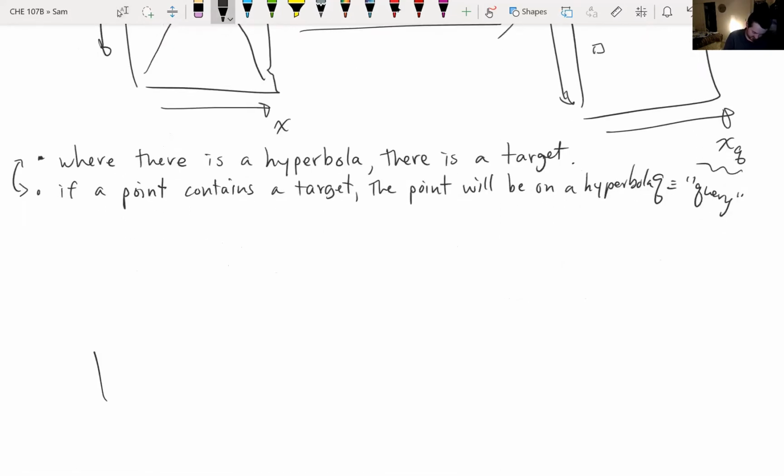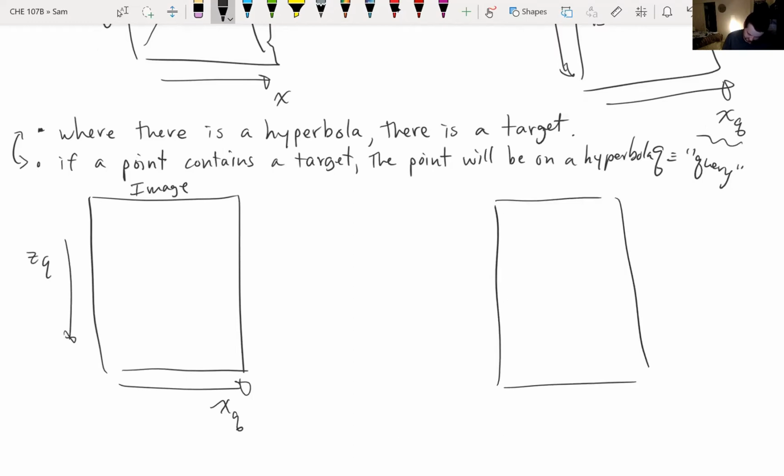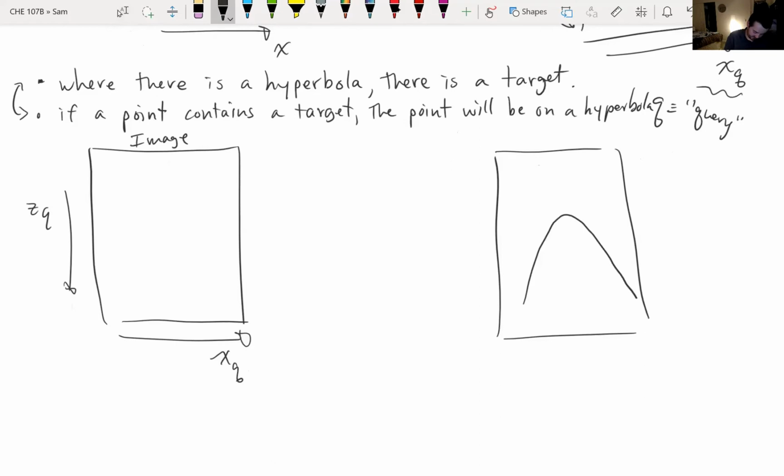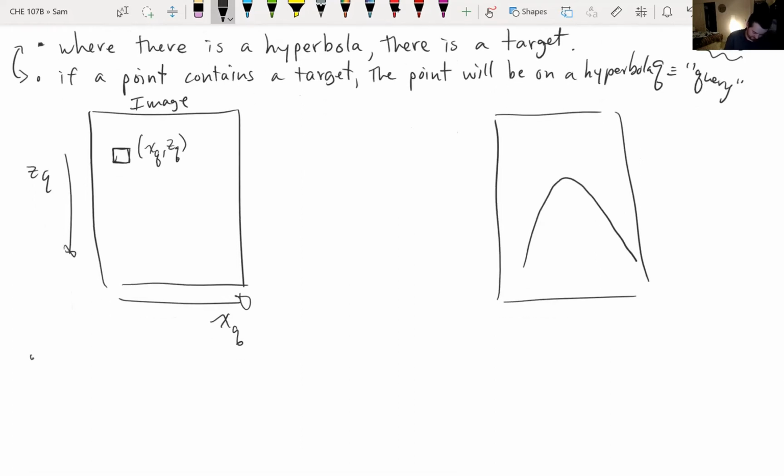So let me draw another picture to get the point across. Now I'm doing it in reverse, where this is the image, and we have our query points here, and then this is our B scan. We have our target here. So let's choose this point right here, this pixel. We'll call it XQ, ZQ, just so I don't say too many things. So to translate the logic above, if XQ, ZQ contained a target,